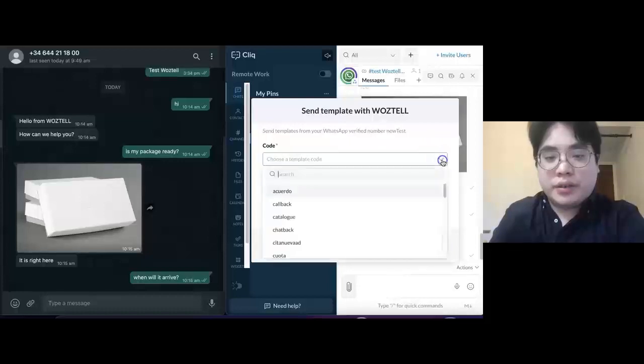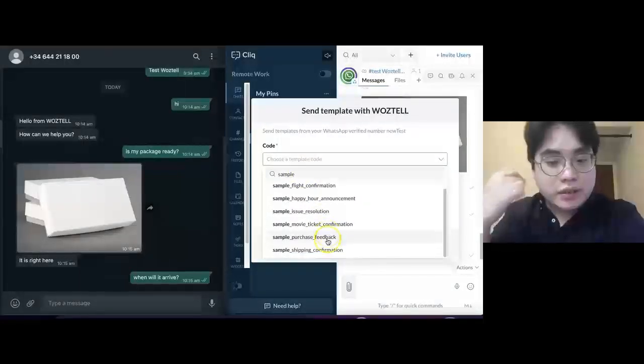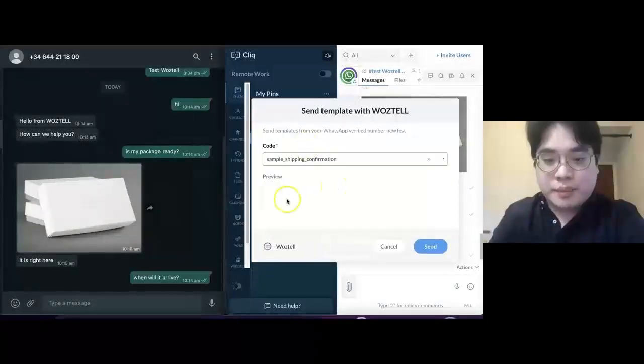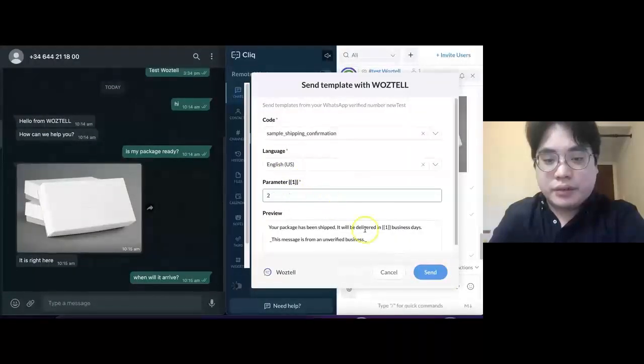So in here, as you can see, you can choose different types of templates. You have all types of templates that you can design, like happy hour announcement, issue resolution, movie ticket confirmation, purchase feedback, shipping confirmation, or something like that. So let's say we choose shipping confirmation, and then in here you already have the candid message and